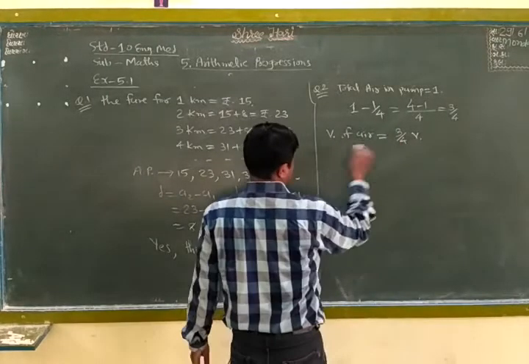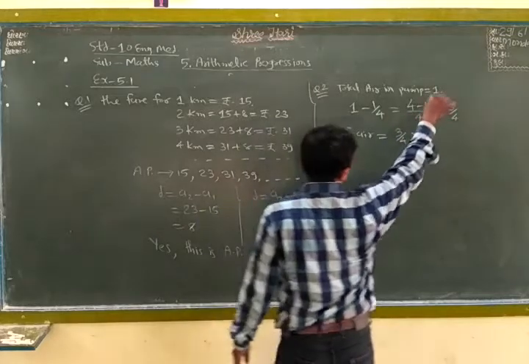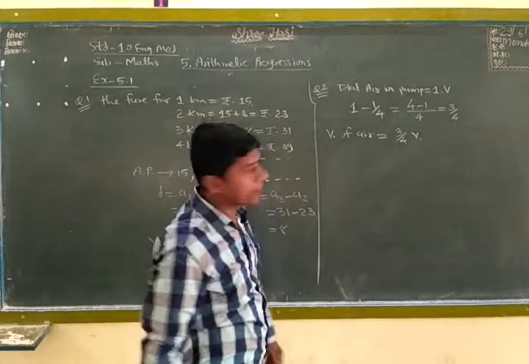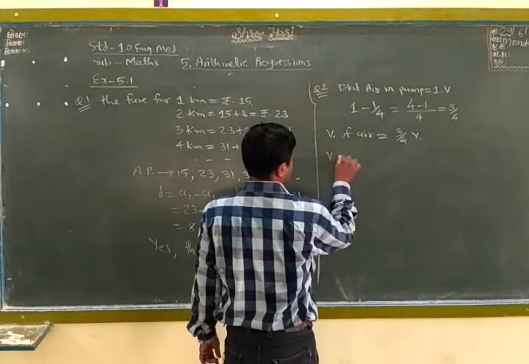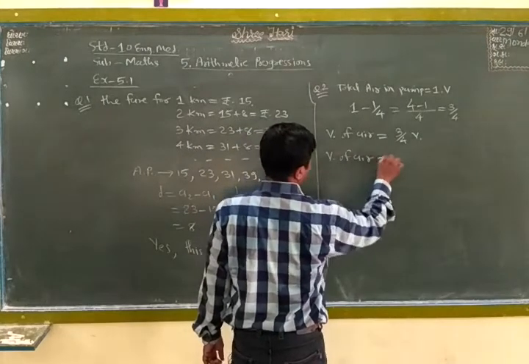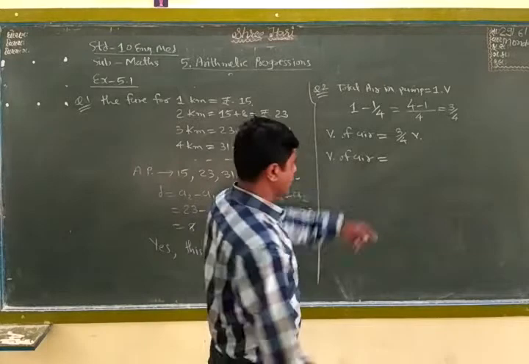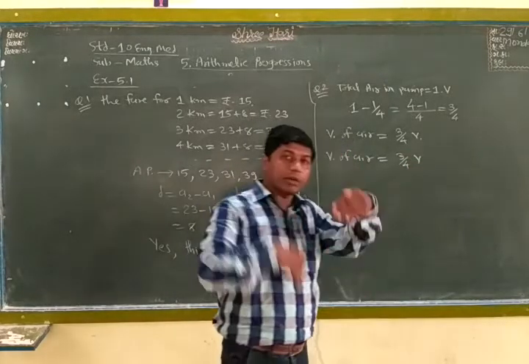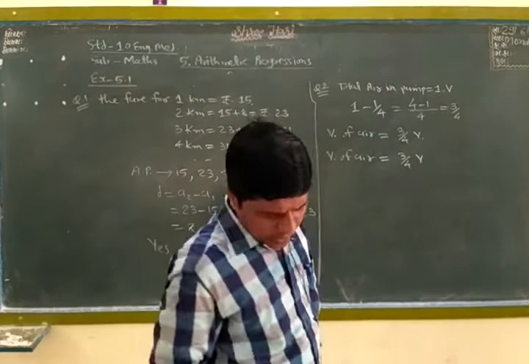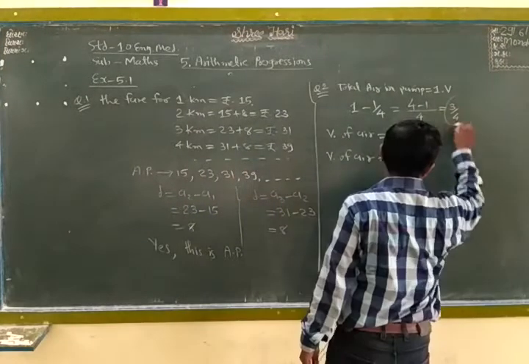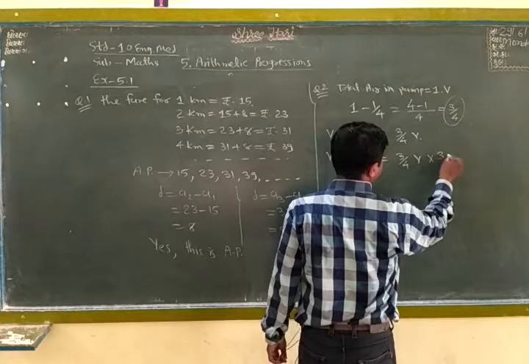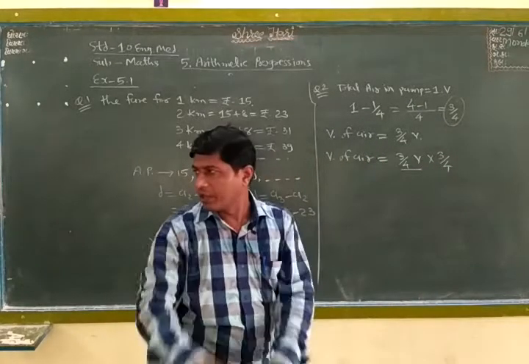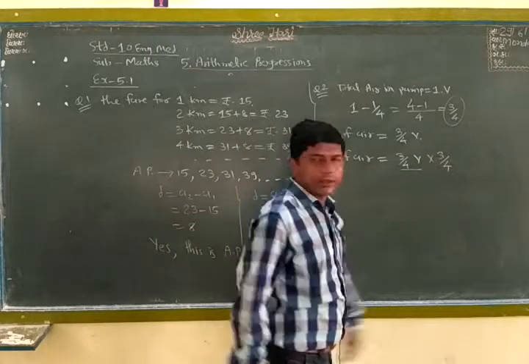After the second time, suppose the first time the volume is V, the second time it is 3/4 V. The third time, what happened to the volume of air? First 3/4 volume, and the remaining 1/4 also again. So what happened? The same position, 3/4 also multiplies. 3/4 volume, the inner side fills up with air, and 3/4 also air. So what happened?